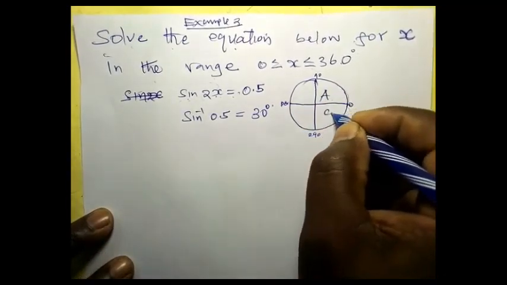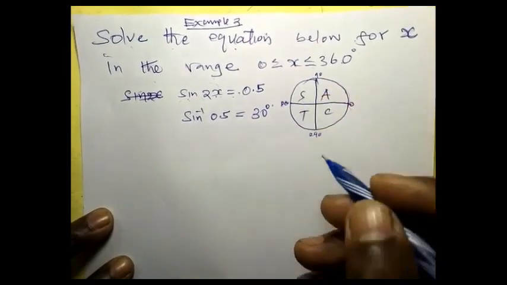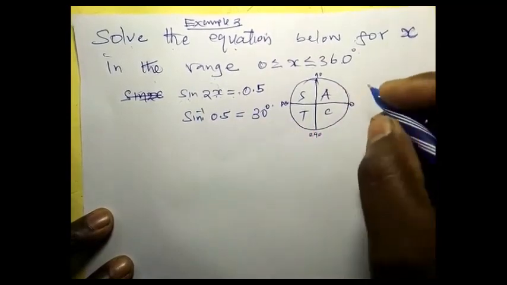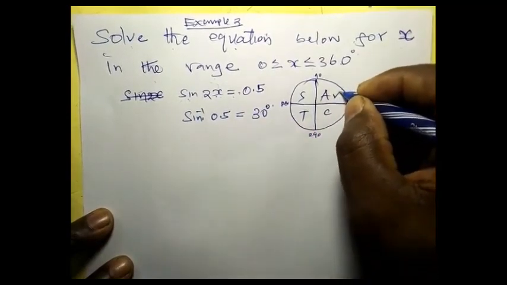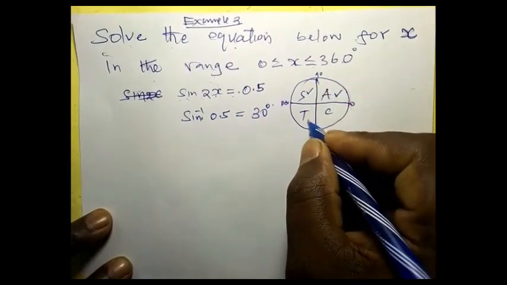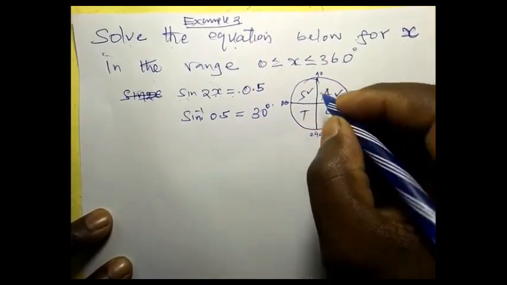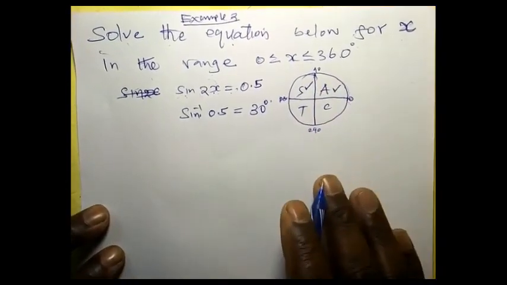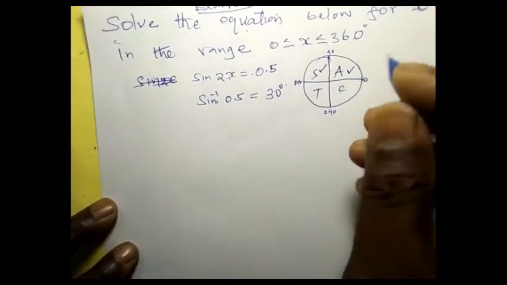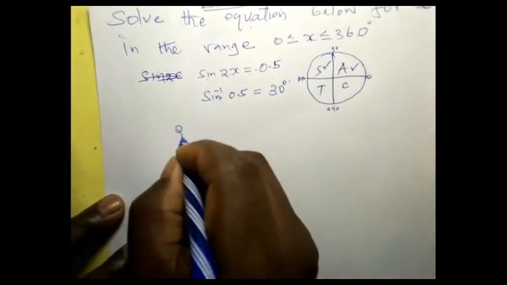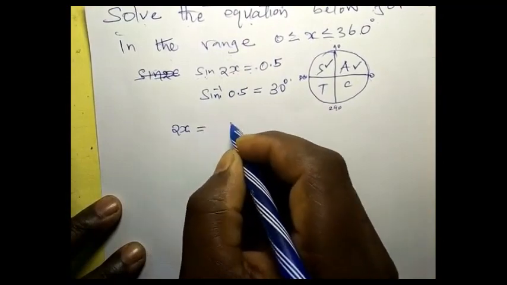So the sign is positive. Where in the unit circle is the sign positive? The sign is positive in this quadrant, and in this quadrant. So we won't care about this one and this one because we want only where the sign is positive. Very important. Now once we have identified that, we come to the equation that 2x is equal to